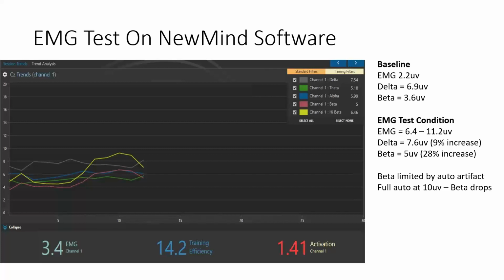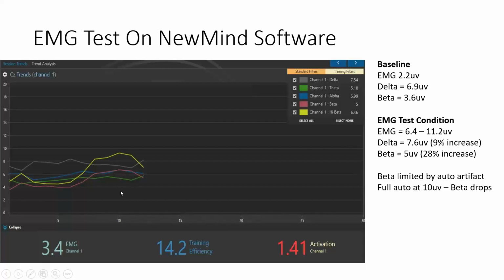We're blocking out the high-end EMG, because that's what really interferes with your neurofeedback and with valid mapping info. So when I kept it in that range, you can see I was able to get it up to 810. Now up here, I'm probably at 50%. Down here, I'm probably more like 30%. So you can see on our software how that reacts.